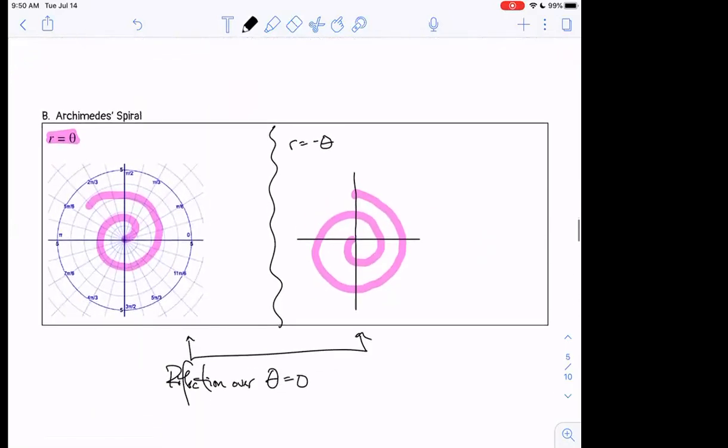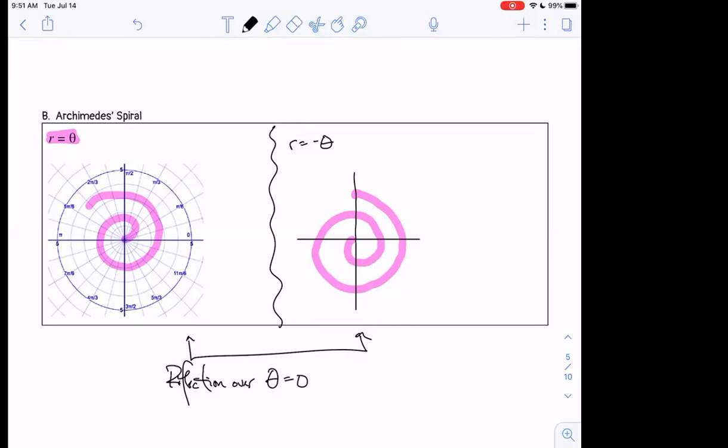And then we talked a little bit about Archimedes' spiral, so that we have these spirals that go in different directions, or they go in the same direction, but they start at different places, starting at a different angle. And that's only because you have a positive versus a negative theta. And again, that's something that if you play around on Desmos, you could kind of see what happens if you